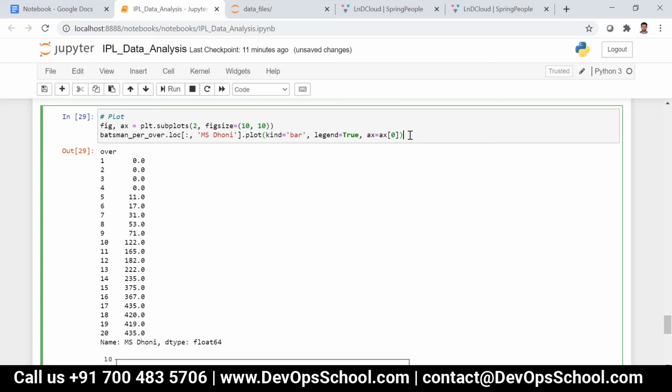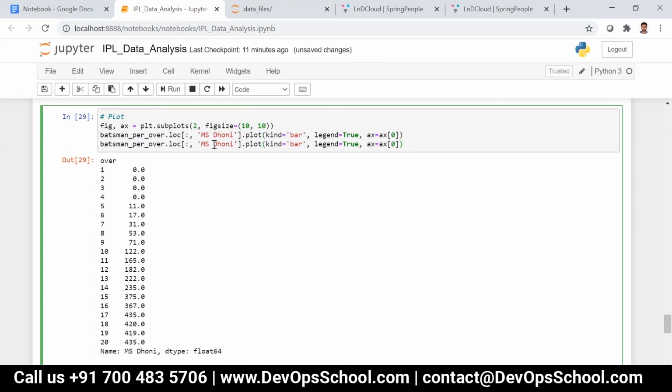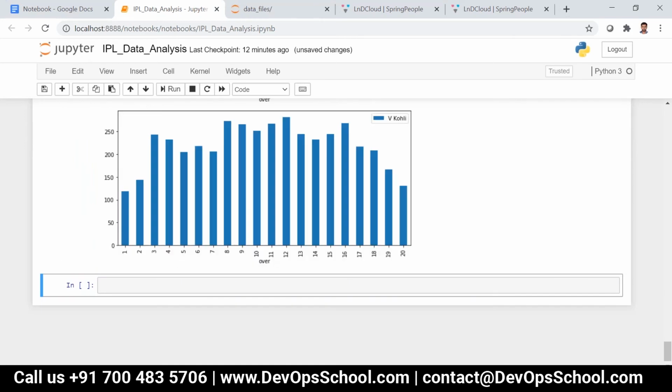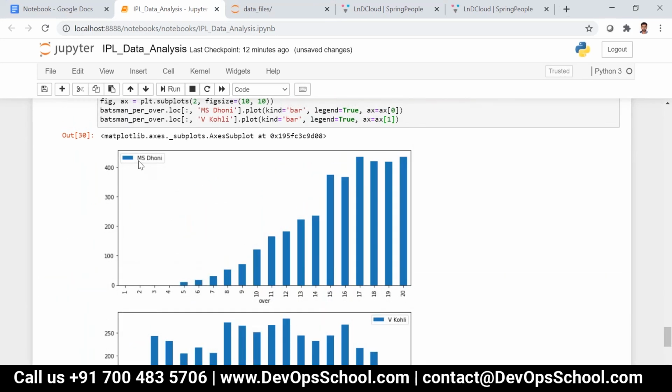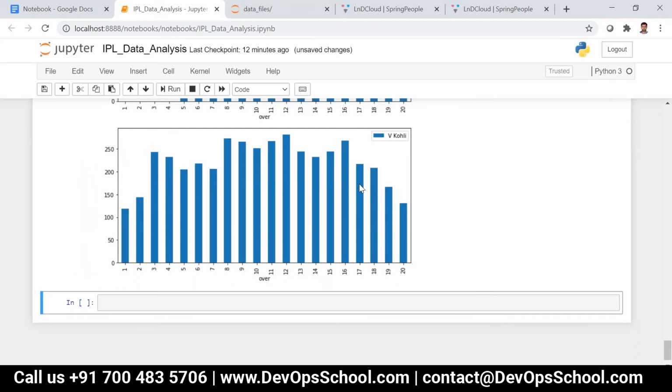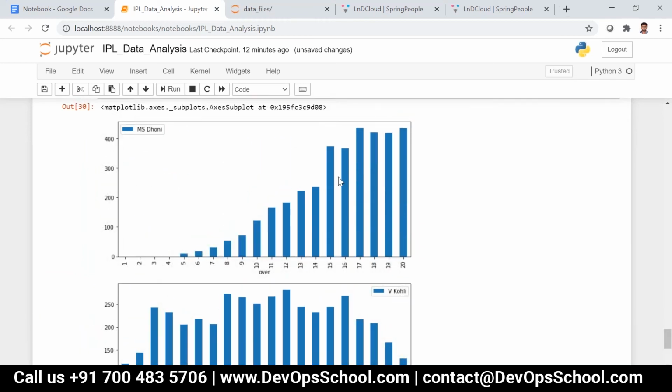Similarly, I can just say for Virat Kohli, that is V Kohli, and here I have to say ax of 1. So now you can see this is for MS Dhoni and this is for Virat Kohli. For MS Dhoni, he has never batted in the first 4 overs.